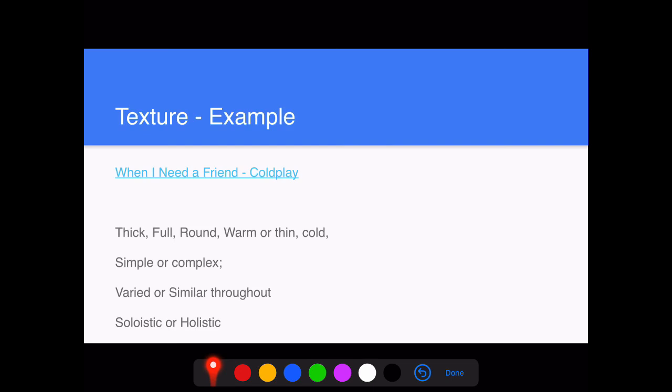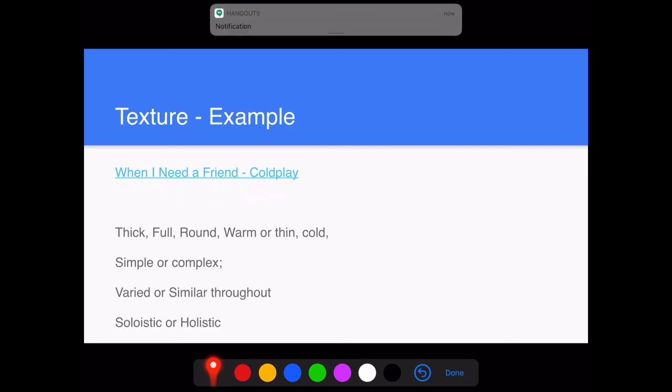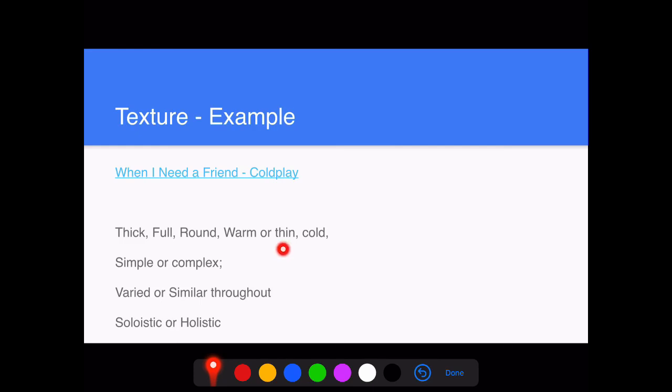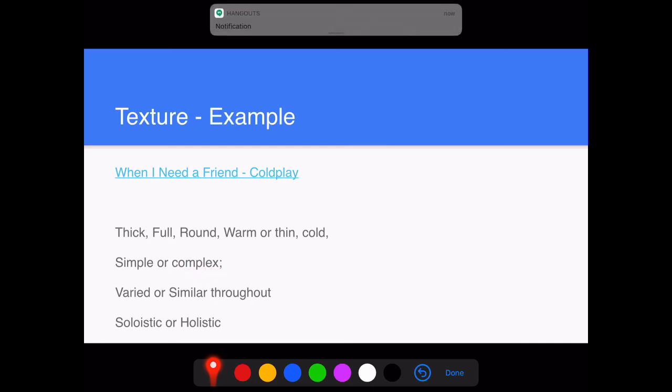My example song is going to be When I Need a Friend by Coldplay. This one uses a choir, and I would call this one thick, full, round, and warm on the sound. I'd say the opposite of that would be thin or cold sounding. Some songs with all their instruments working together are very complex. Other songs are very simple, not really showing too much